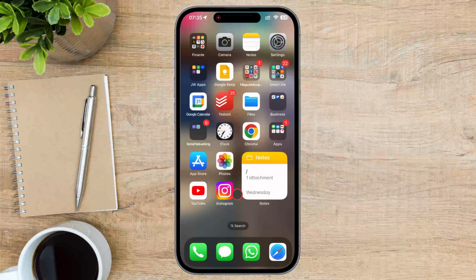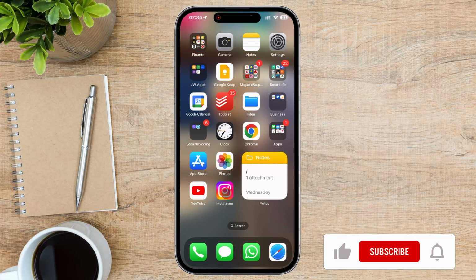We're going to show you how to change icon colors on your iPhone with iOS 18. Customizing your app icons can give your home screen a fresh and personalized look. Until now, if you wanted to change the color of your icons on your iPhone, it was quite hard. From iOS 18, Apple has introduced new ways to personalize your phone.